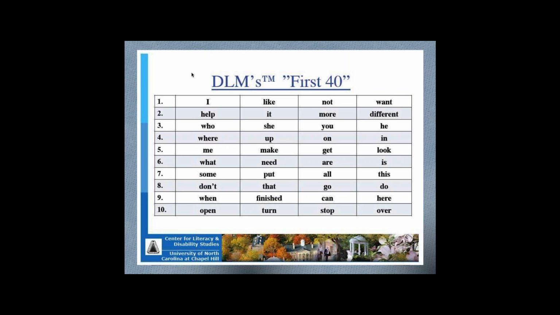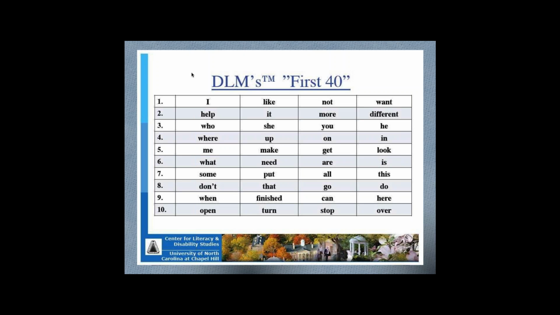So the 40 high-frequency core words that the Center for Literacy and Disability Studies at the University of North Carolina, Chapel Hill identified as those essential 40: if a student only has access to 40 words, what are the 40 most essential that allow them to communicate the largest variety of communicative messages, but also be able to participate in the curriculum, have language around learning, and